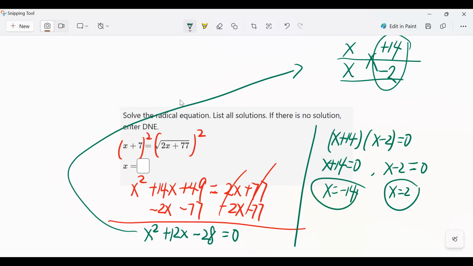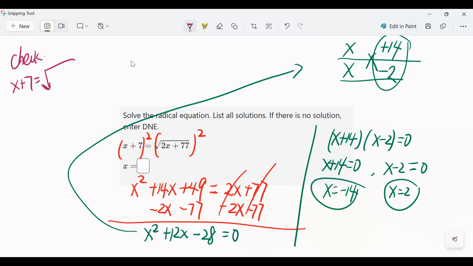So you do get two solutions, but we have to check them. When we plug back in, I think one of them is not working. When you check it, when you plug minus 14 back into the original equation, like 7 equal to square root of